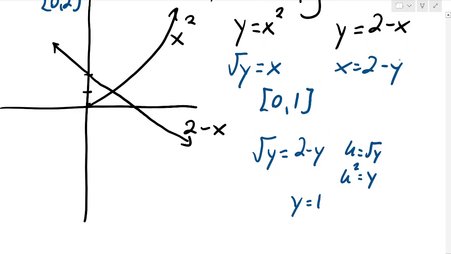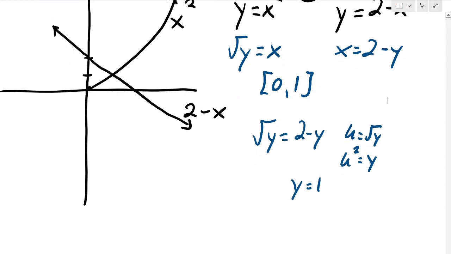And then this one right here, you'll end up with y equals 2. And then this one over here, you'll end up with y equals 0. Okay. Now, we only really need that intersection point because of the area that we're finding. We just need to do the integral